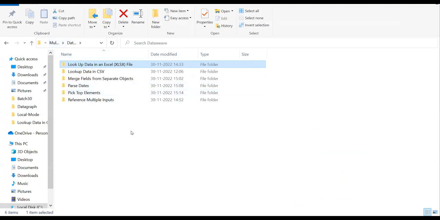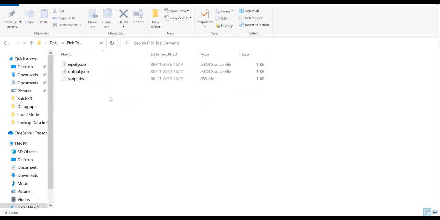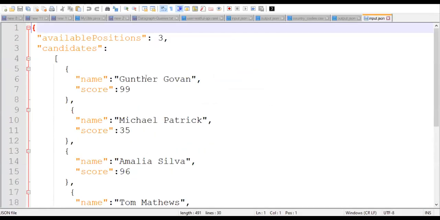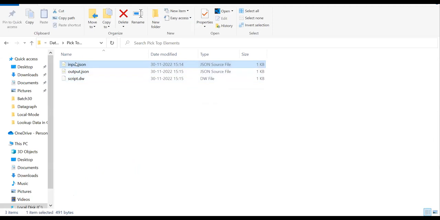but very useful one, okay? So pick the top elements. Okay, so I have input JSON. Now this again very useful, okay? So I have only 3 positions available. I got around 1,000 applications. Now from that applications, I need to see whoever have maximum score, sort them and give me top 3 candidates, right? Useful, correct? So let's go ahead quickly, copy this,